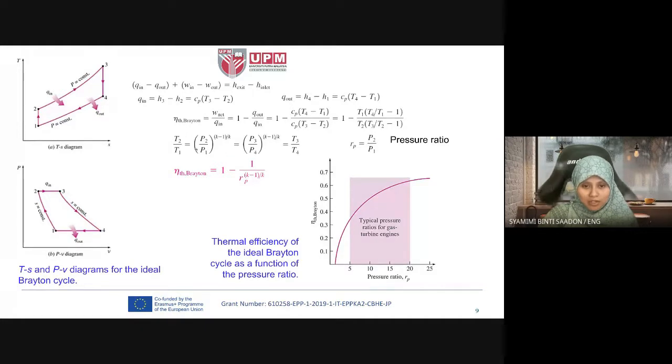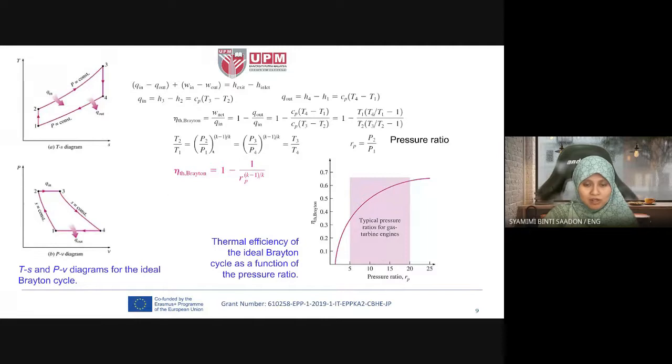So we can use this one, and it is also equal to this one. So P2 over P1 is the pressure ratio. After we have rearranged the equation, we can replace the P2 over P1 here, and we get